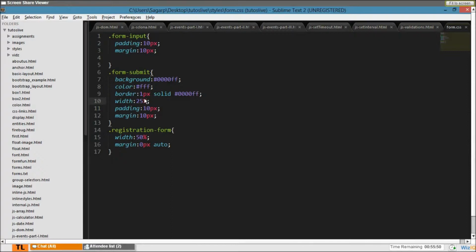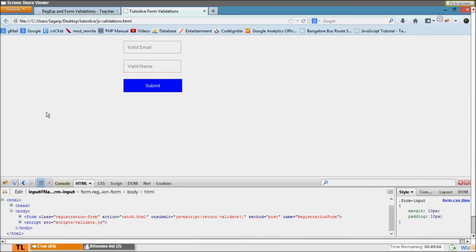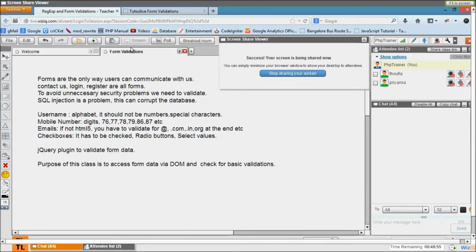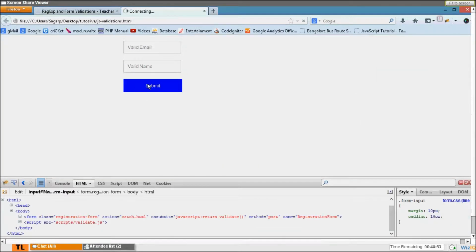Okay, so well, let's do. So I'll say submit here. It's submitted. The values are blank. Okay, and still it's submitted. This is not the right way, right? Because it keeps on piling up the junk data in our database. That shouldn't be done. So this is the action. Cache.html was the action. So after submitting the form, it came here.